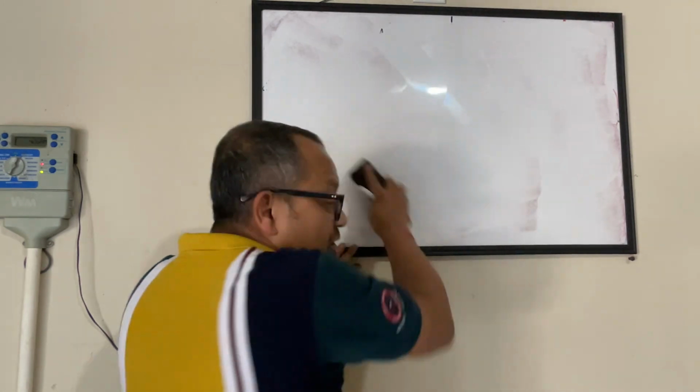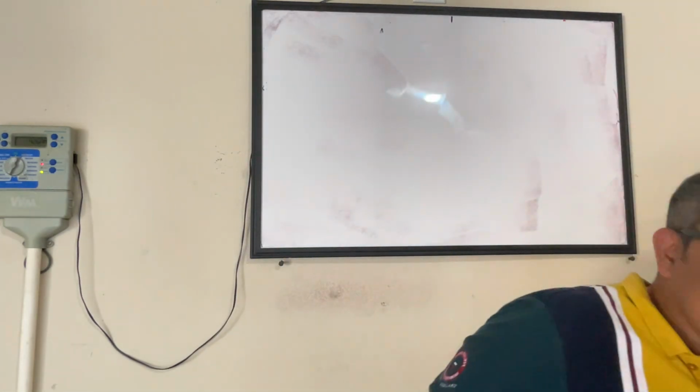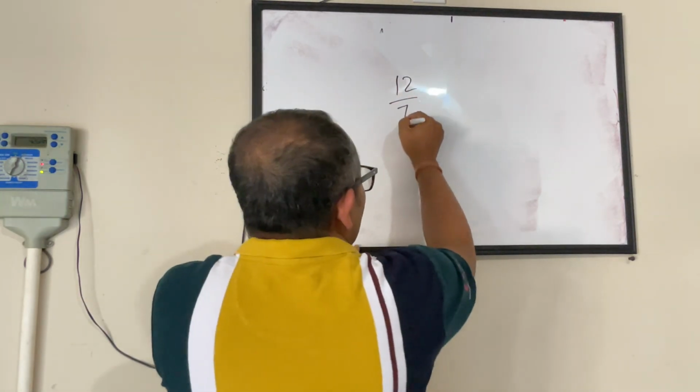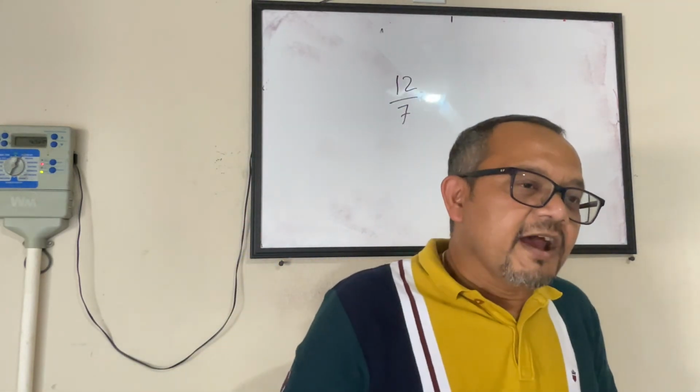So Sammy, you know how to find out decimal from a fraction, right? If somebody says 12 by 7, convert that to decimal. Sammy knows how to do it, correct? Yeah. Okay. How about you, Aditi? No. Shalini knows it or you don't know it? I know it. You know it? Okay. Now,